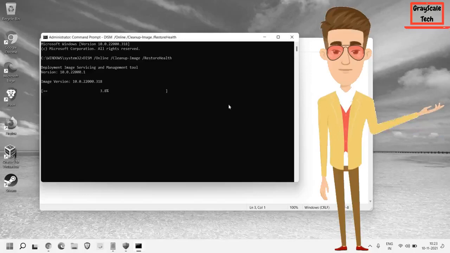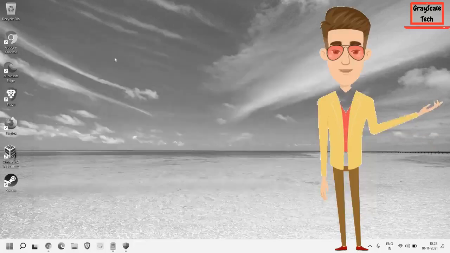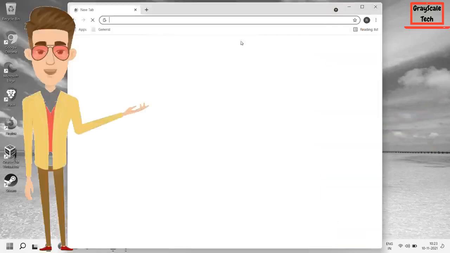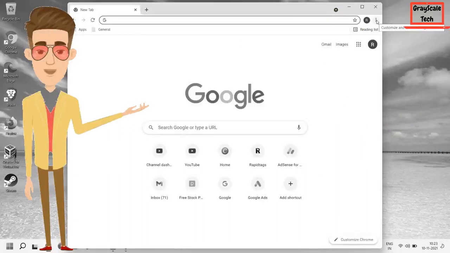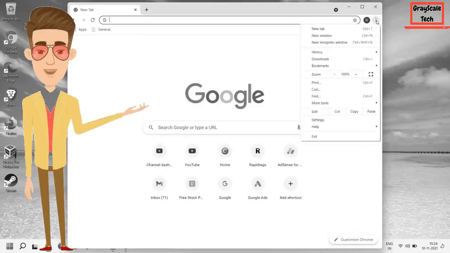Now we will go to the browser, because most of us also use a browser, so we also need to increase the browser performance. So we will be increasing the performance of Google Chrome and Microsoft Edge. So I'll open Google Chrome. Let me just close this. So I'll open Google Chrome first, and here at the top right corner, click on the three dots and then